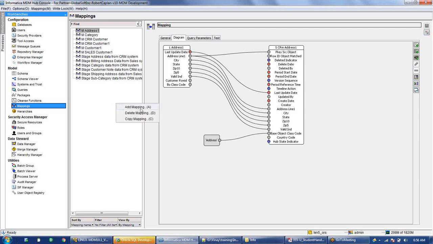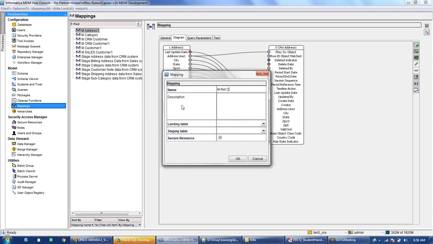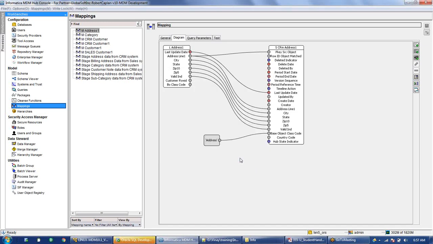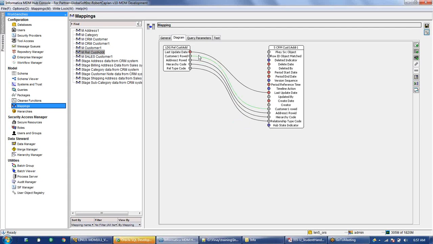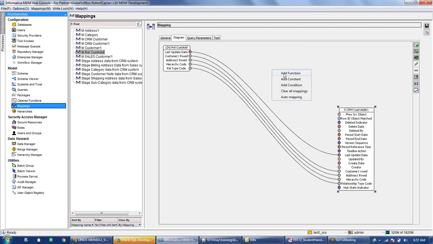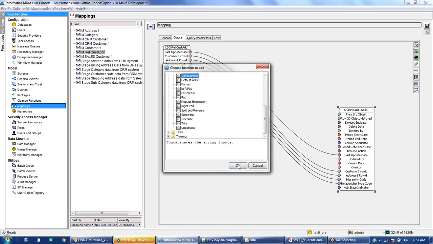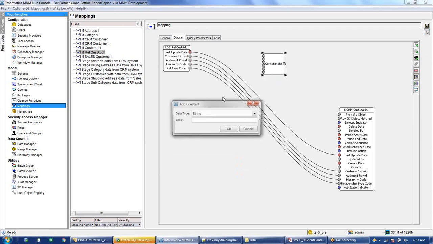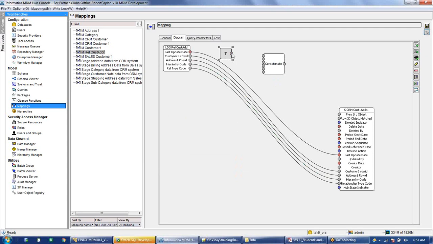And finally the relationship table. So this is the relationship table.